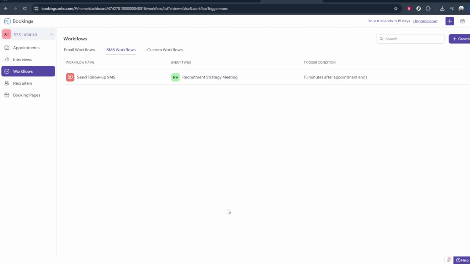After you've made your selection, simply follow the on-screen prompts. Zoho Bookings will guide you step by step. Typically, you'll be giving your workflow a name, defining the trigger event, and then adding actions such as sending emails, updating fields, or notifying team members. Move through each prompt carefully. Review your settings before saving, and when you're done, make sure to save or activate the workflow so it actually runs when